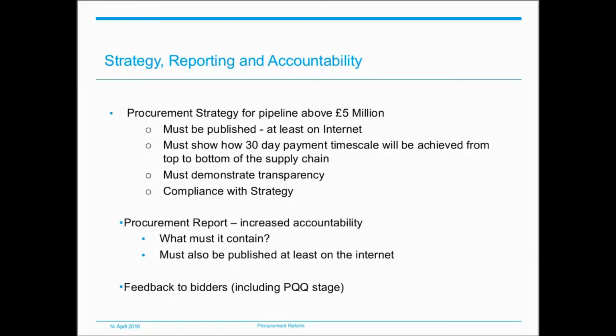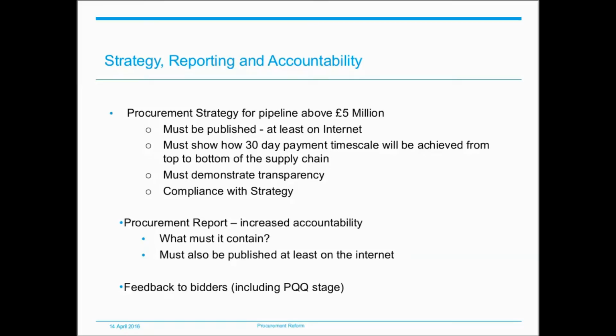It also needs to include a review of whether those procurements complied with the authority's procurement strategy, and to the extent that any regulated procurements did not comply, a statement of how the authority intends to ensure that future regulated procurements do comply. It needs to contain a summary of any community benefit requirements imposed as part of a regulated procurement that were fulfilled during the year covered by the report.